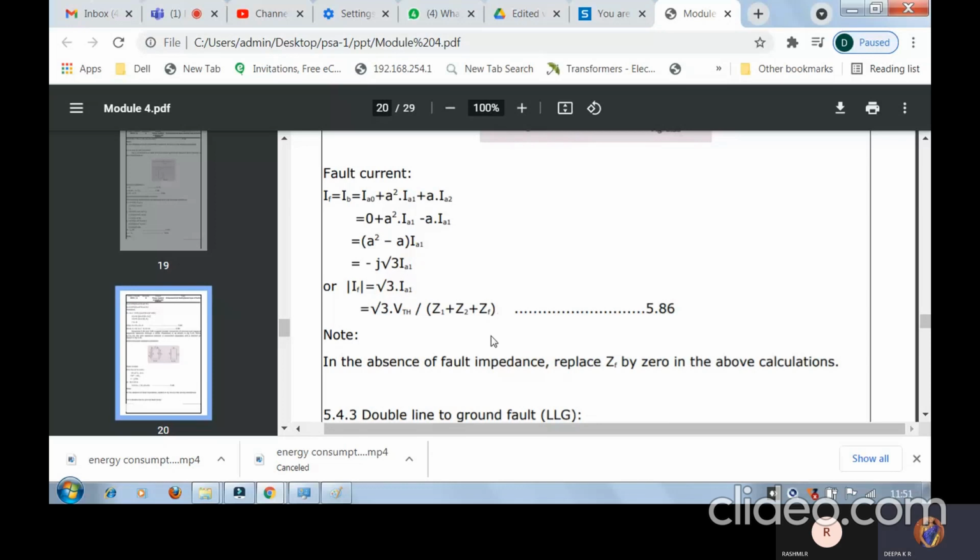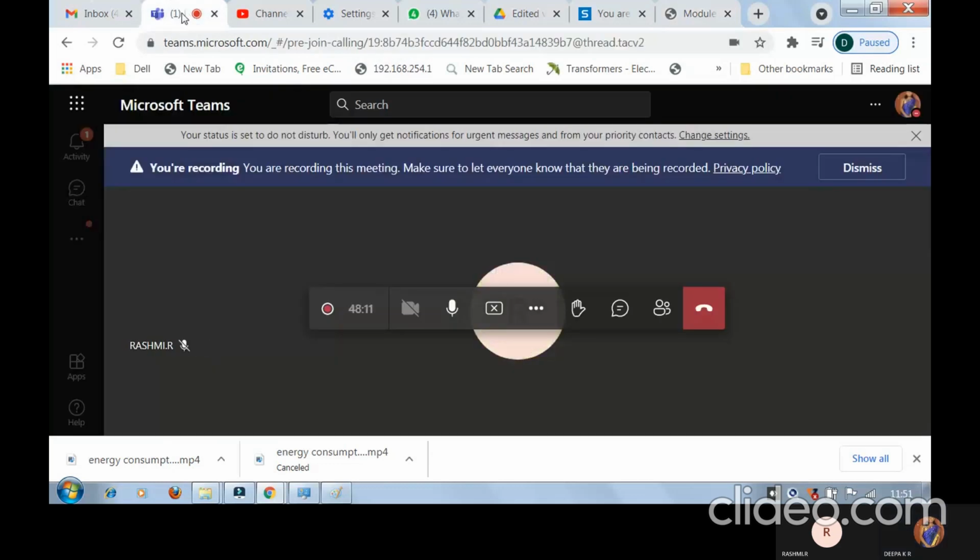Okay. In the next class, we'll go for double line to ground fault with a ground system, and we'll solve a number of problems on this. If you have any doubts, you can ask me. Any doubts? No, ma'am. Okay, so go through that because sequence diagrams are again needed for solving a problem. Tomorrow's class we'll finish off all the derivations and we'll start problems for the remaining 2 classes, so that we can complete the 4th module and step into the 5th module by next week.